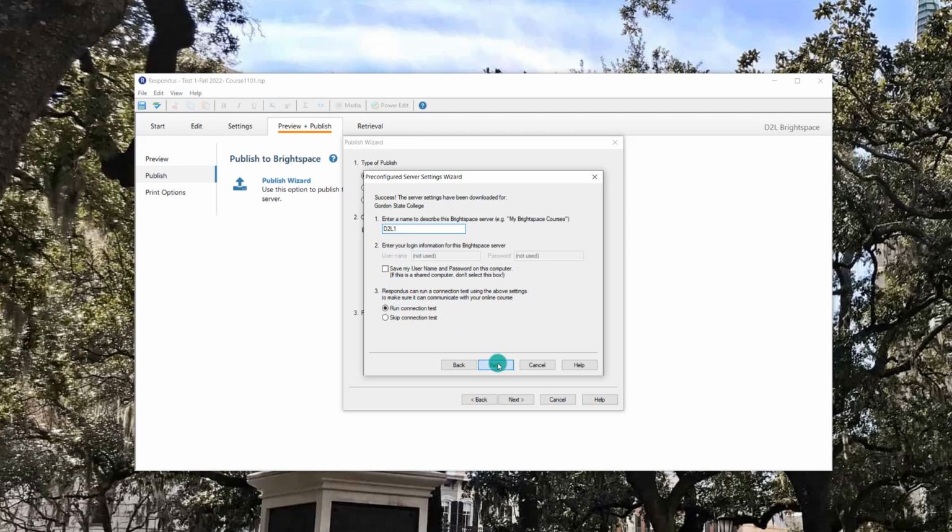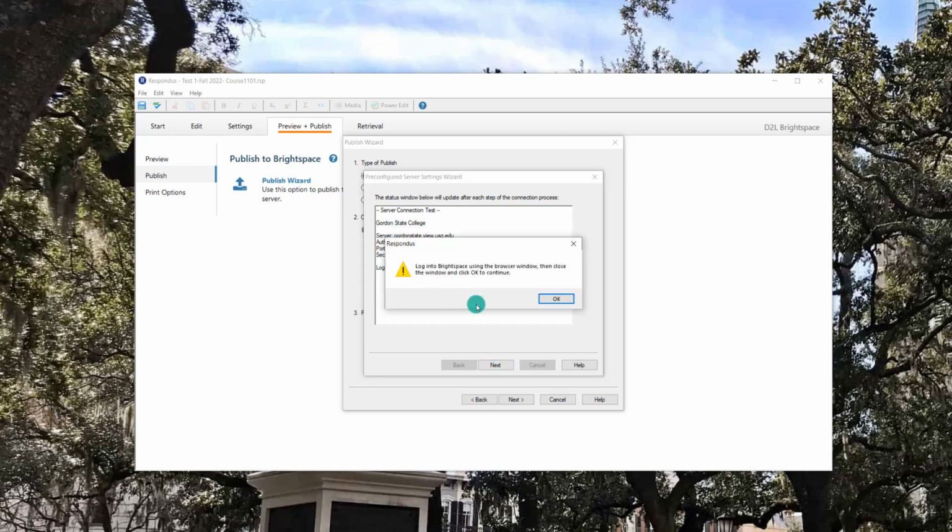And then when you go to run the connection test, it's going to give you a pop-up saying to open it in a browser window, log in, and click OK to continue. So that's a little bit different. It is downloading an authentication plug-in that it's using to be able to log into D2L now that we have single sign-on. So if you have error messages with that